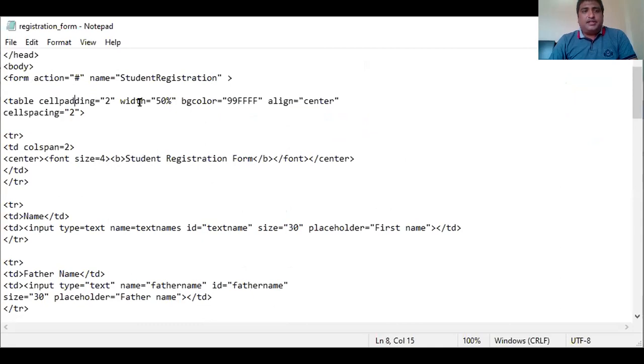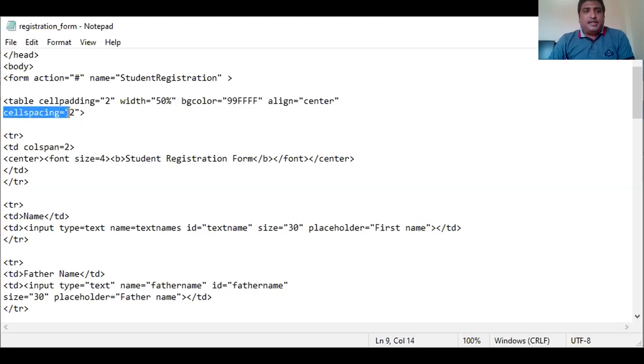Cell padding is equal to 2, width is equal to 50%. BG color we specify in hexadecimal format, and align is equal to center, so that the table will display the content in the center.